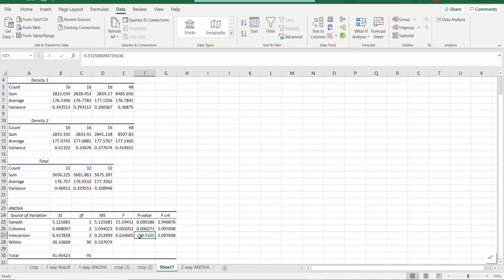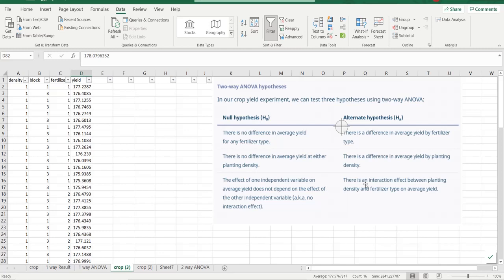Now let's check the p-value for the interaction effect. Here the p-value is greater than 0.05, so we can accept the null hypothesis for the third hypothesis we have framed, which implies that there is no interaction effect between the planting density and fertilizer type on average yield.